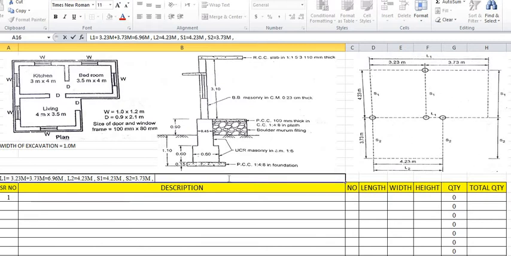Okay, so we will find out the total center to center length. This word is again very, very important: total center to center length. This calculation is very important. In some question papers it has been asked to calculate the total center to center length. First we have to draw the center line plan, and depending upon the center line plan we have to calculate the total center to center length of the complete figures.